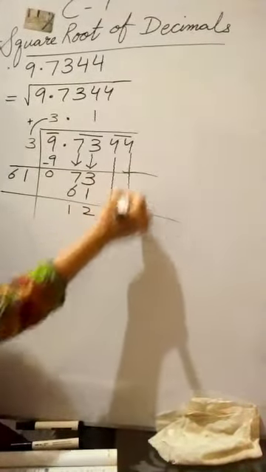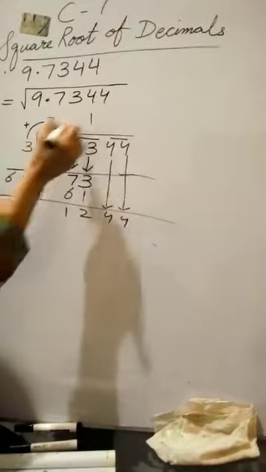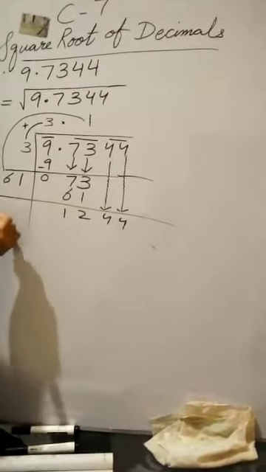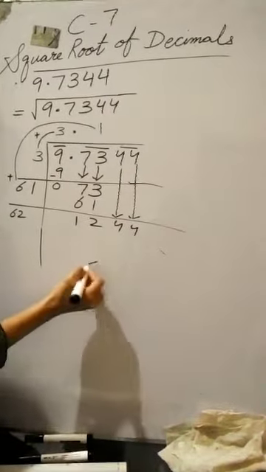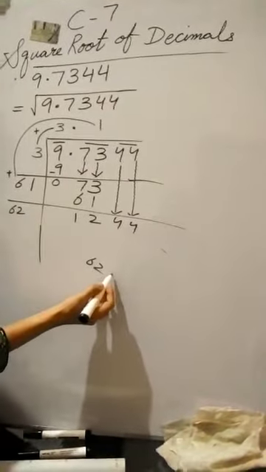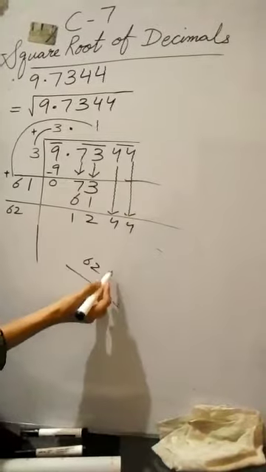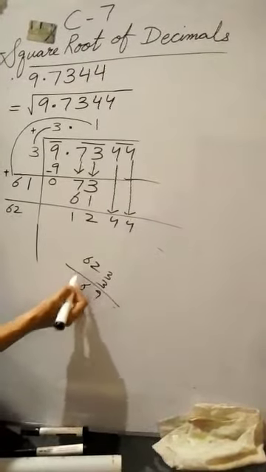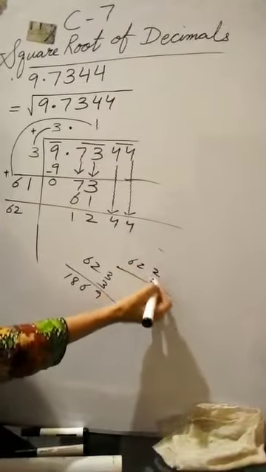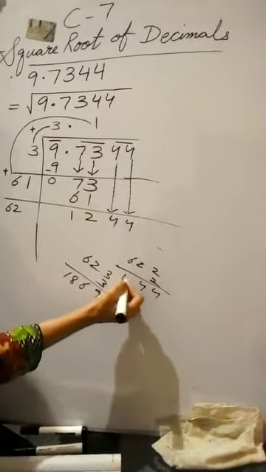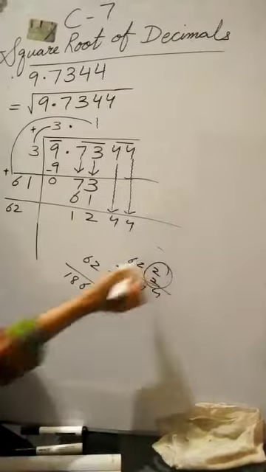Write down the next pair, next value. 61 plus 6, 62. So we will get the new divisor. Now again check with the new pairs. Let's check with the 3, 3. 3 times 3, 9, 3, 2 times 6, 3, 6 times 18, very big. So check with the 2, 2. 2 times 2, 4, 2 times 2, 4, 2, 6 times 12. Yes, this pair is same.